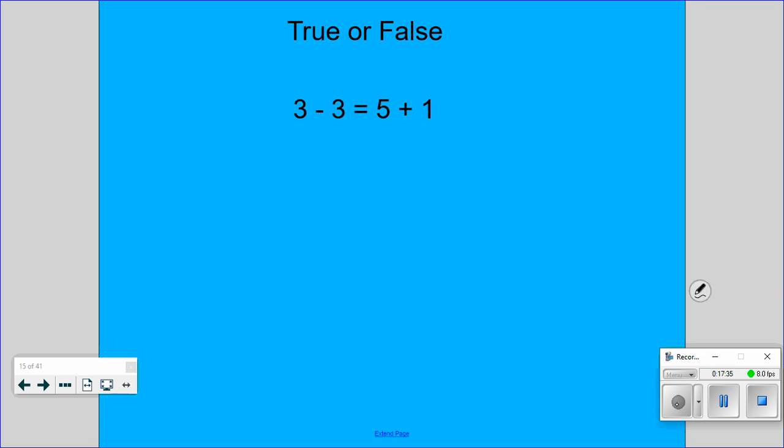How could I rewrite this equation? 3 minus 3, 5 plus 1 is 3. Okay, so if I'm reading it like a sentence, I'm going to say 3 minus 3 is less than 5 plus 1. I could put the not equal sign in there, unequal sign in there, that would work. I could flip it around and say 5 plus 1 is greater than 3 minus